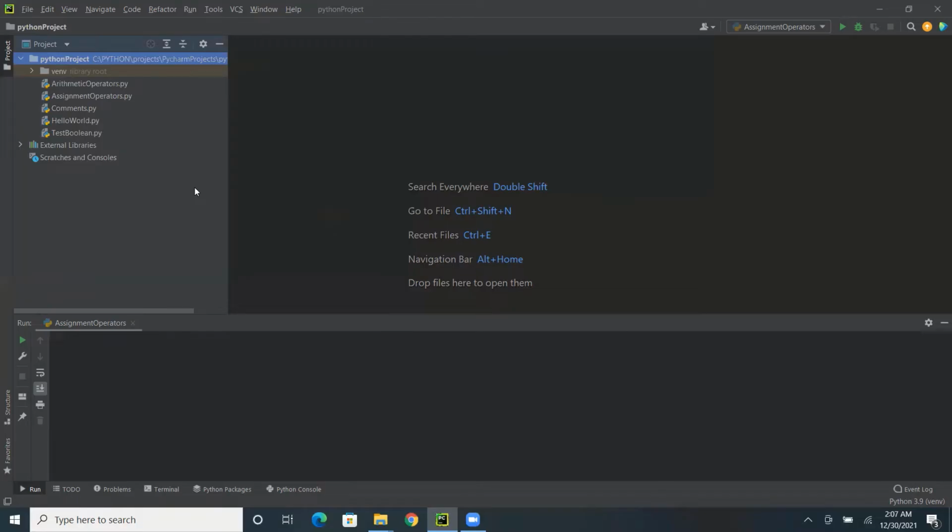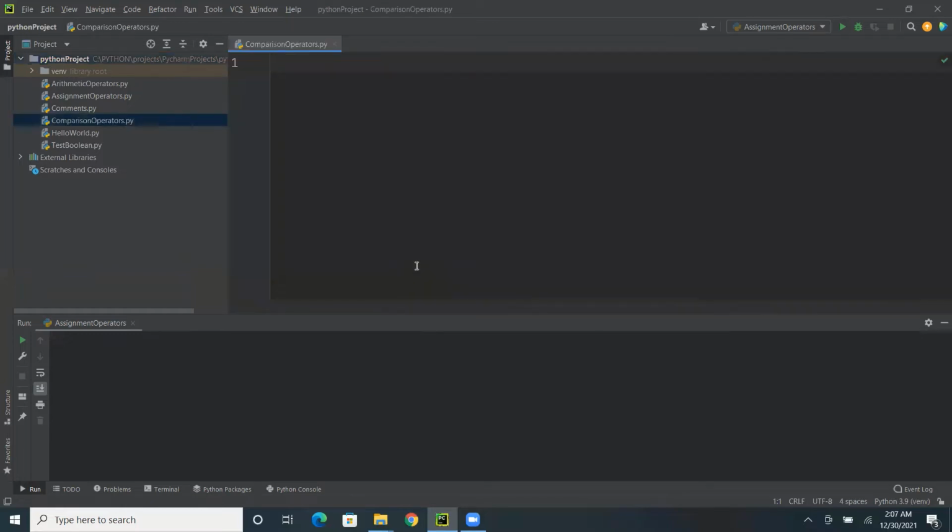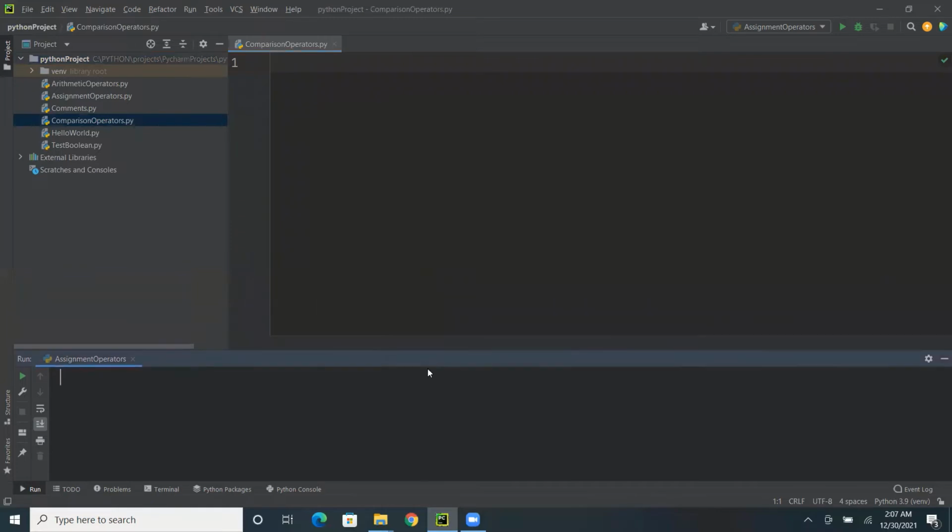So to start our program, let's create a new file and give it a name. Say comparison operators .py. So we have created the file. Now